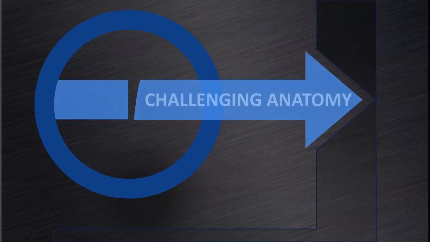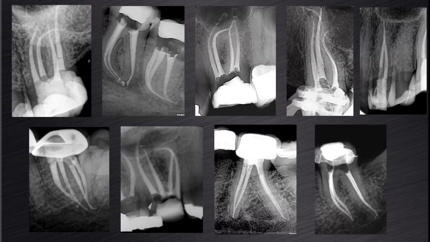In the next section of this webinar, I want to discuss how to manage challenging root canal anatomy using the ProGlider and ProTaper Next instruments. Here we can see a few examples of cases with challenging anatomy that was easily managed with the ProGlider ProTaper Next combination. However, in these canals, I used a different protocol compared to that we've discussed before. So allow me to share with you one clinical case to illustrate this protocol.